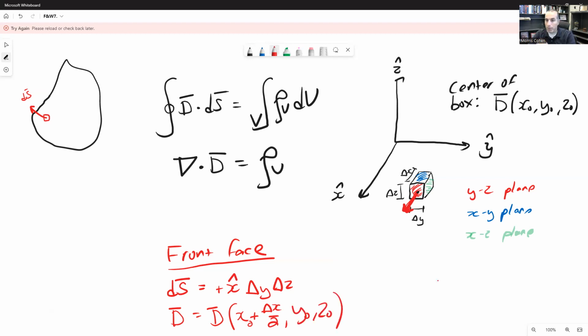Since the center of this box right here is basically translated by half of delta x away from the center of the box, taking the dot product of this is very easy. D dot dS, basically this dS vector is going to pick out only the x component of D. So this is going to be Dx evaluated at x0 plus delta x divided by 2, y0 and z0. All right, the back face is going to be the same,